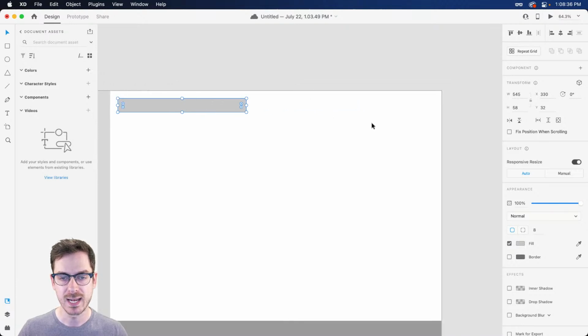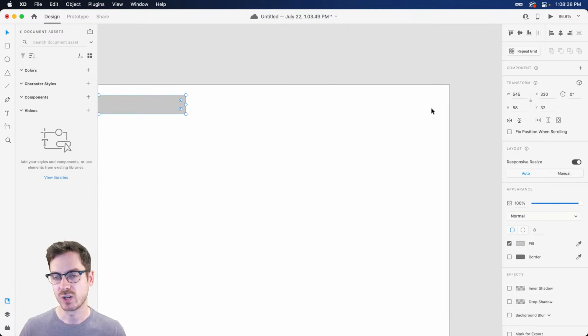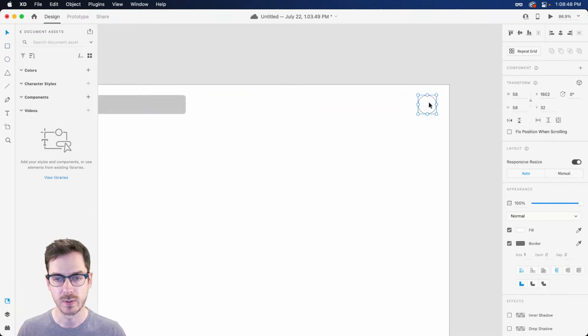And then over to the right-hand side, we may want some very basic navigation links. Things like your profile and then maybe notification, right? So if I grab, let's say, an ellipse, I can go ahead and draw one out. And this will be for our profile. And maybe we'll do about 48 from the right.